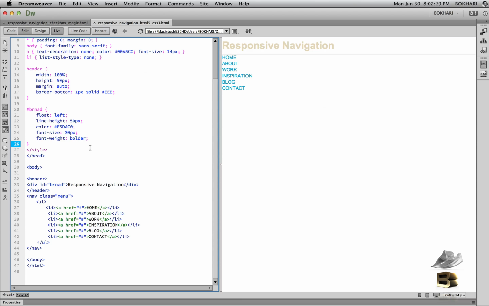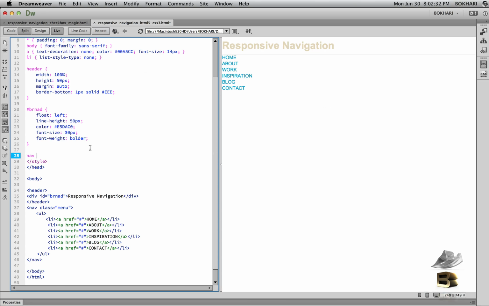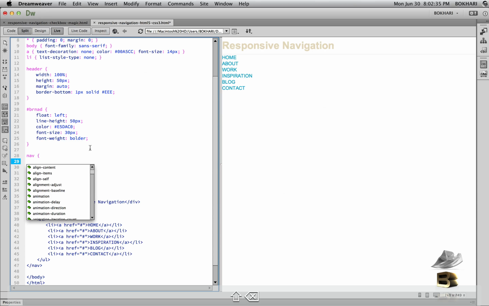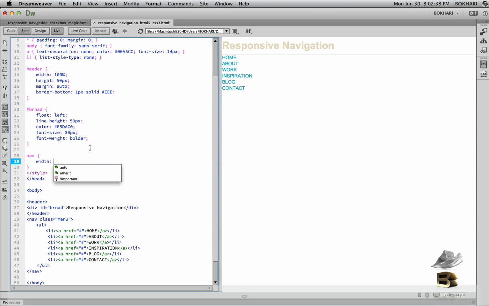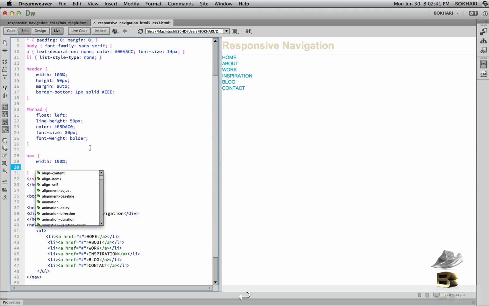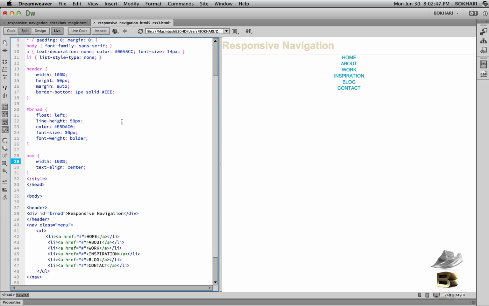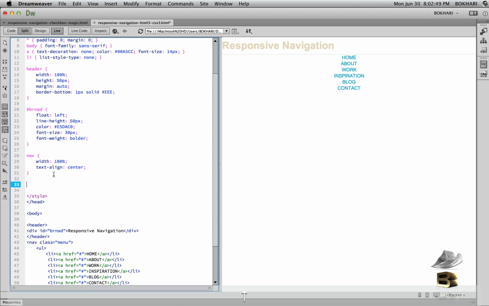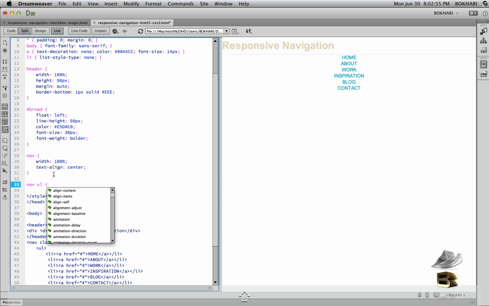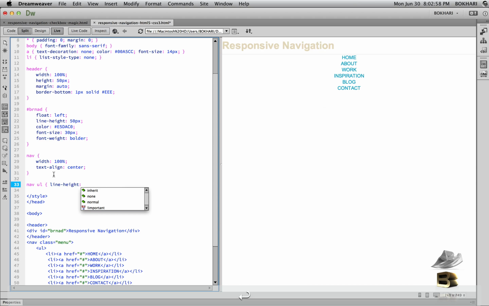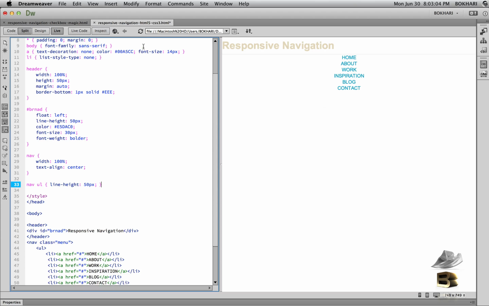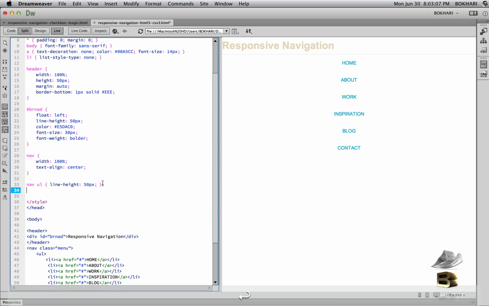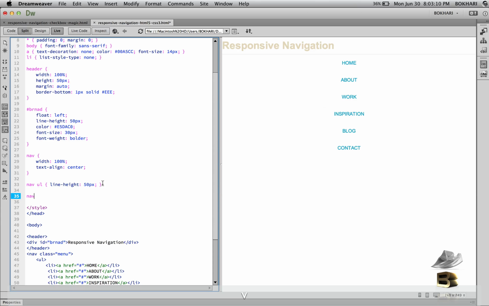Let's complete the navigation. So nav, width is going to be 100%, and then text aligning will be center. Okay, that's that for the nav. And then nav ul, I also want to have a line height in the list of 50 pixels. Okay, I will need that, fresh. And then the nav li,